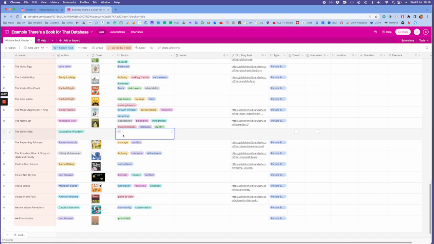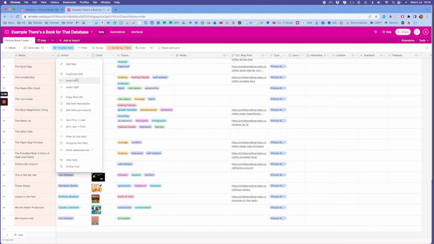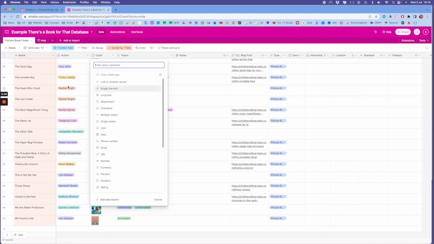I was going to say you can also add a column for illustrators and publishers. So if you go to this arrow, you can see here you've got insert left, insert right, and that will add a new column,